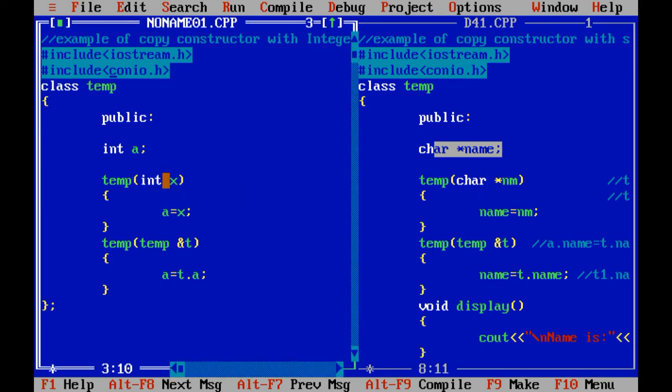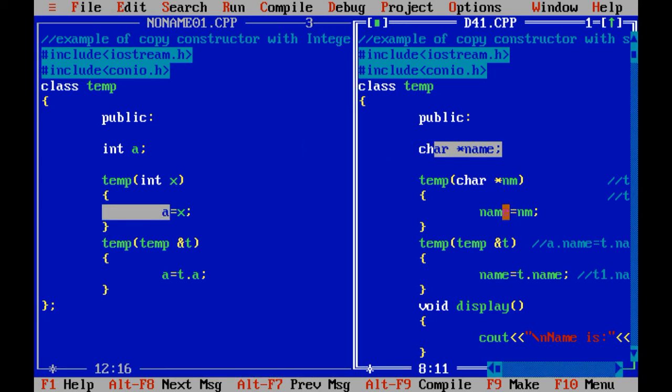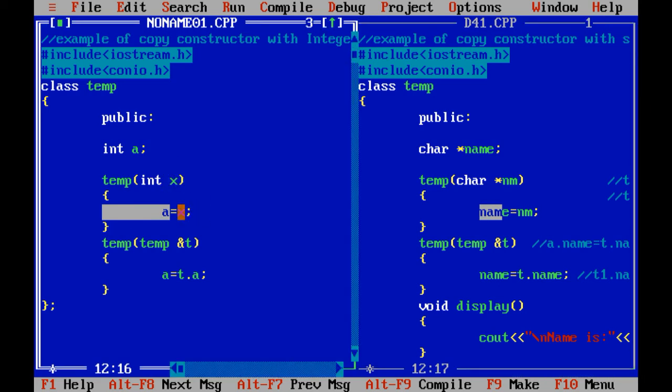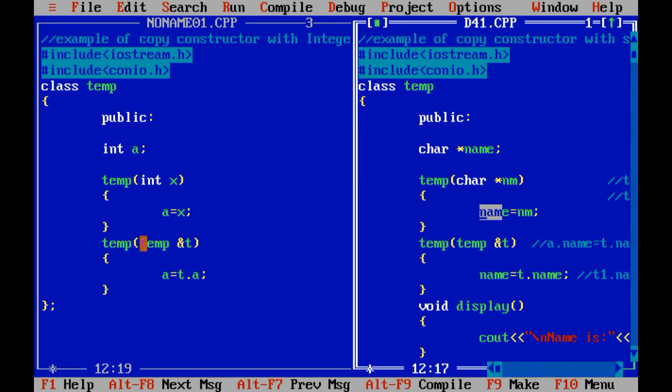In this program we have passed an integer argument. This is the local variable, so I have used a on the left side. Similarly, name is the local variable, so I have used it on the left side. The variables which are part of the argument I have written on the right side of the equals operator.